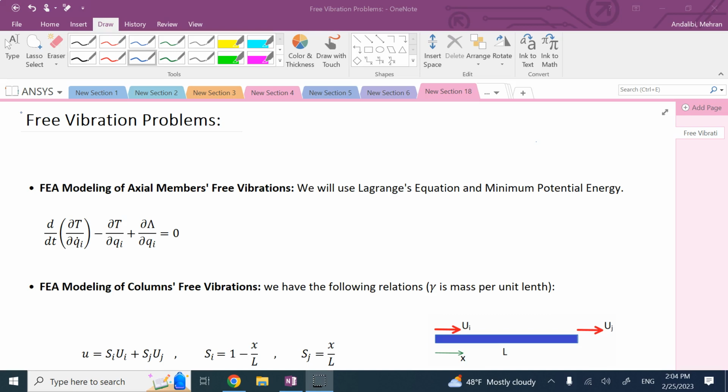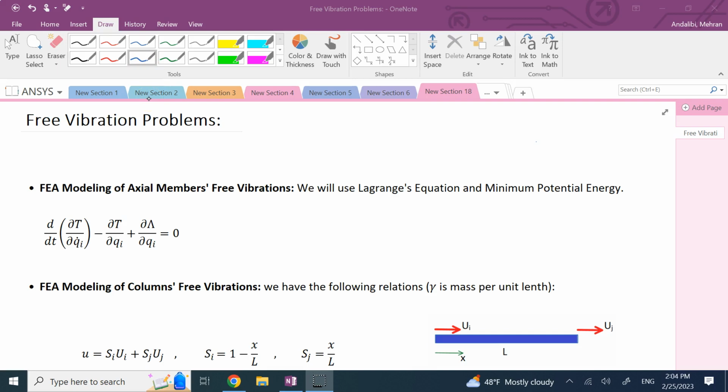stiffness matrix K. So what we are going to do today is use that result, and we're also going to find the mass matrix M, and then using those two we can find the natural frequencies of these different systems. So the equations we are going to use for modeling is the Lagrange's equation, which as you